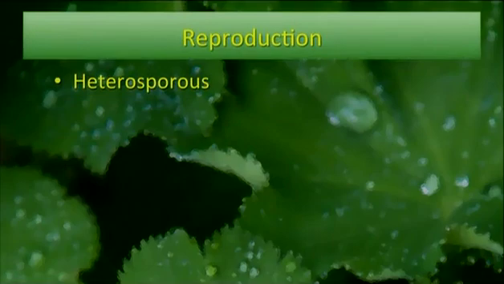Now, angiosperms are heterosporous, like gymnosperms are. Remember what heterosporous means? It means that you have one kind of spore that makes female and another kind of spore that makes male. Remember heterospory? We saw heterospory in Selaginella, one of the club mosses. We also saw heterospory in Marsilea, which is a kind of fern. Heterospory is true of all angiosperms. They're all heterosporous. That's an advanced trait.